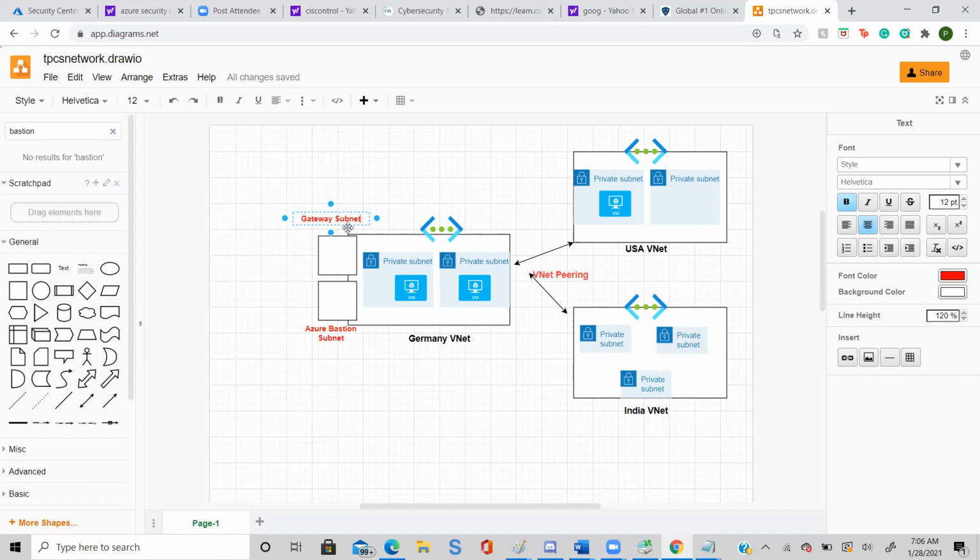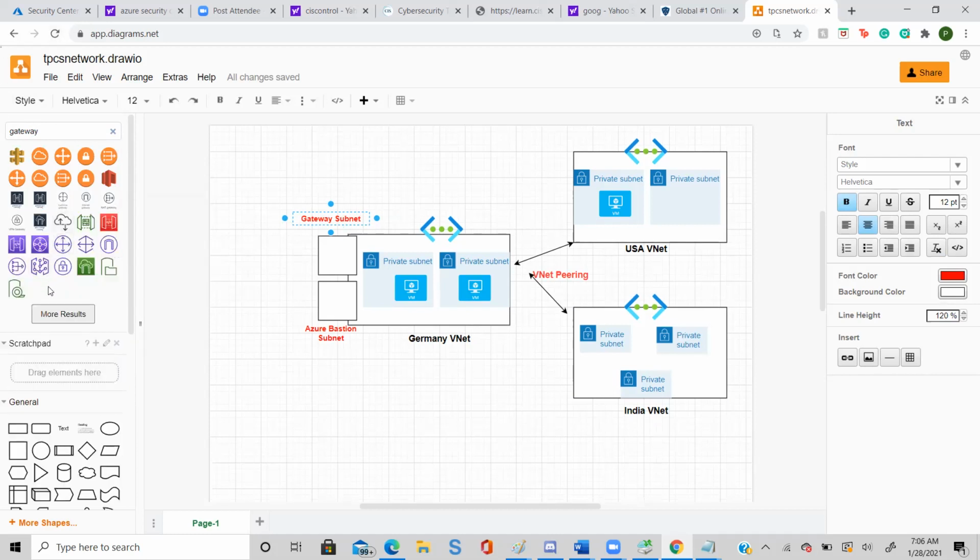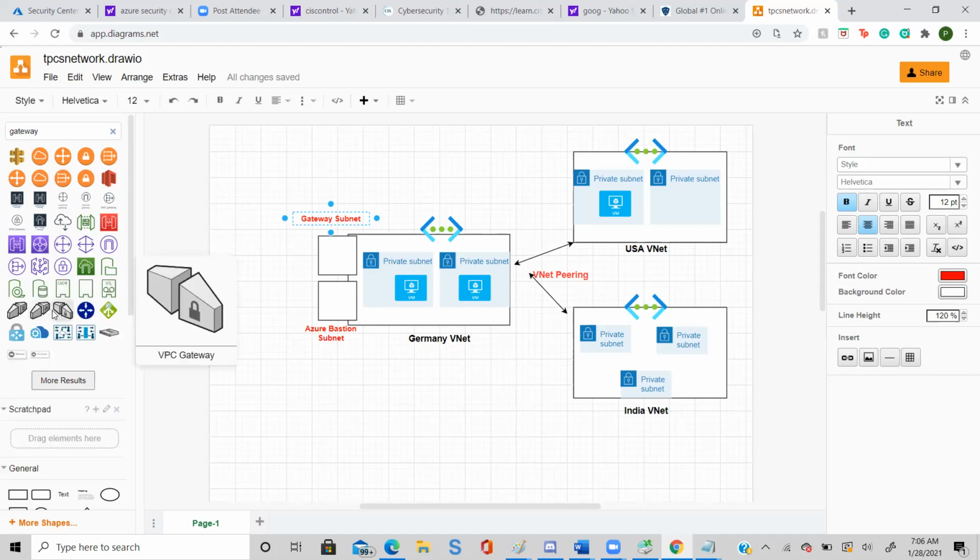Now in the search box, type gateway and click more results. Let's find a good icon. Yes, we can use this because it is an Azure symbol.